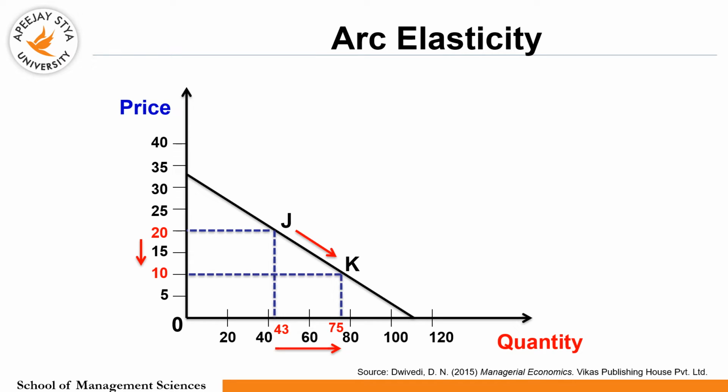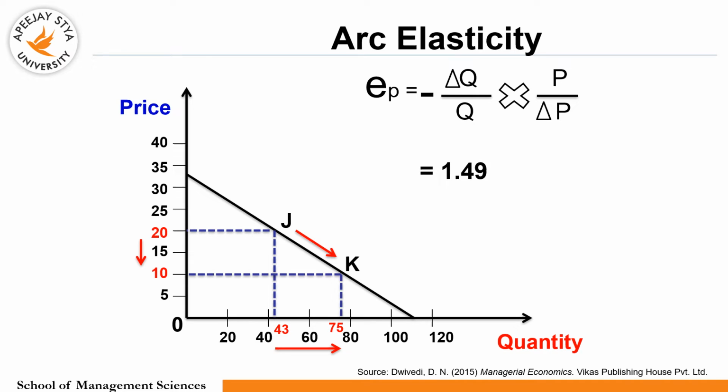So the change in quantity, or delta Q, will become minus 32. The arc elasticity between these 2 points J and K can be calculated by substituting these values into the formula of elasticity, which is delta Q by Q into P by delta P, and which will give you the value of minus